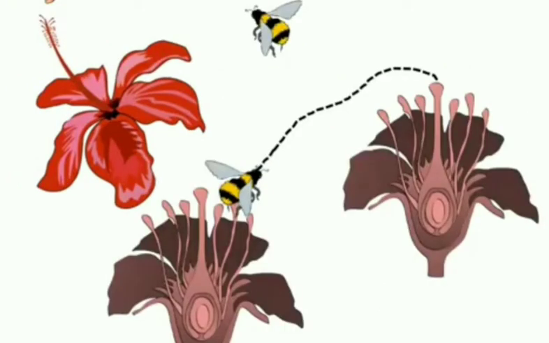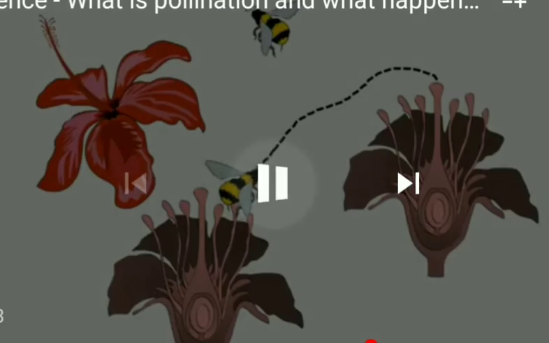Now in the case of pollination, transfer of pollen grain from one flower to another flower via any biotic as well as abiotic agent is known as pollination. In the diagram shown here, an insect transfers pollen grain from one flower to another flower. Hence such a type of pollination is known as entomophilous pollination, and the flower is known as an entomophilous flower, and this type of pollination is known as entomophily.